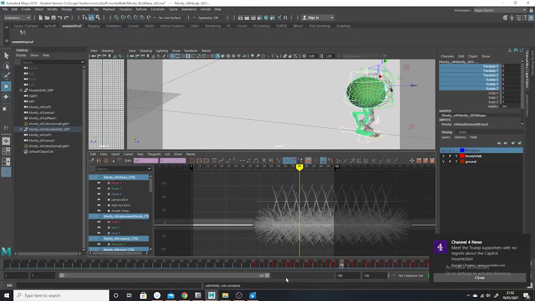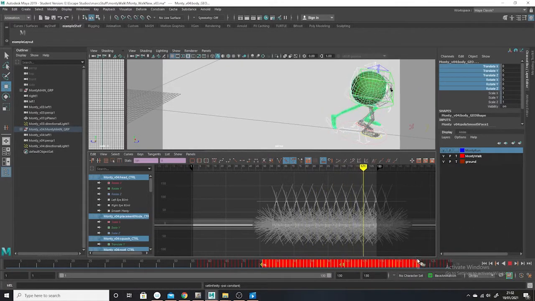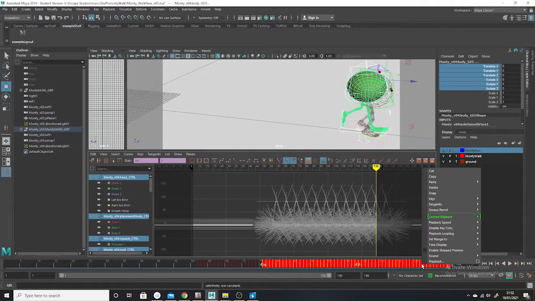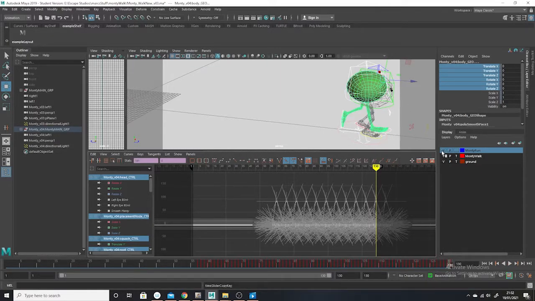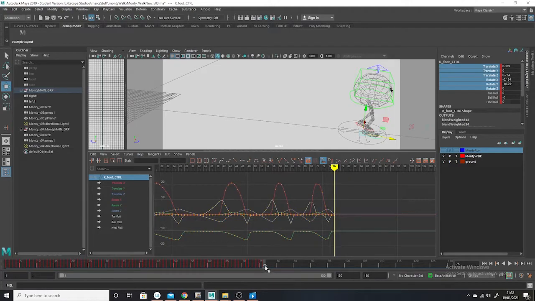And now I'm going to select, let's say I want this animation to go to frame 130. From 76, I'm just going to shift select all the way up to 130. I'm going to right click, copy. I'm going to make the Monty Run invisible. I'm going to go to the Monty Walk again, go to 76, and then right click,